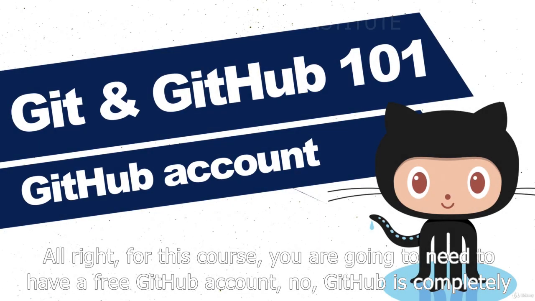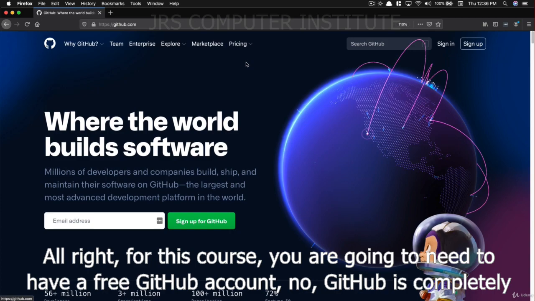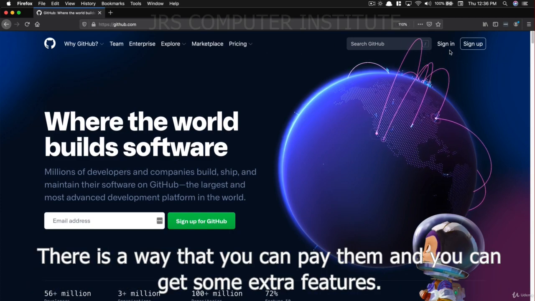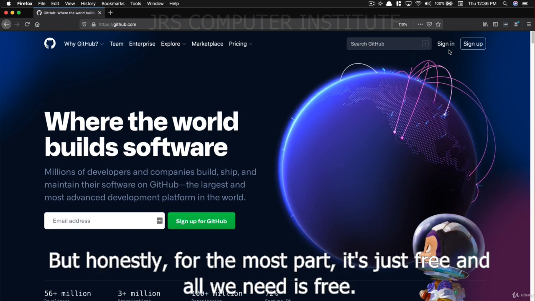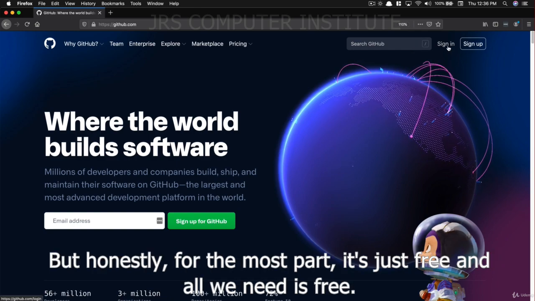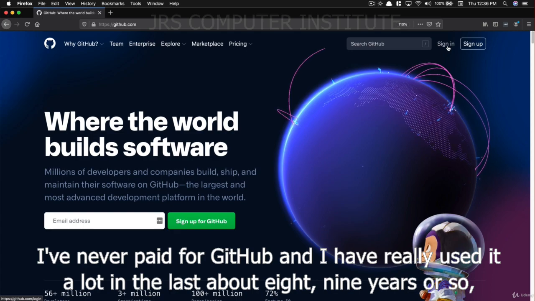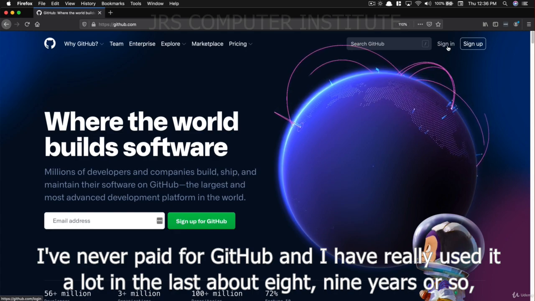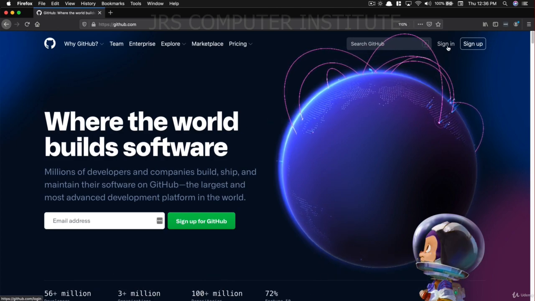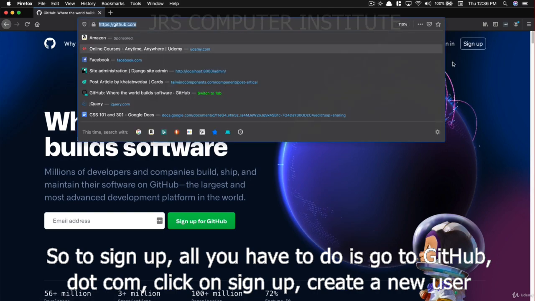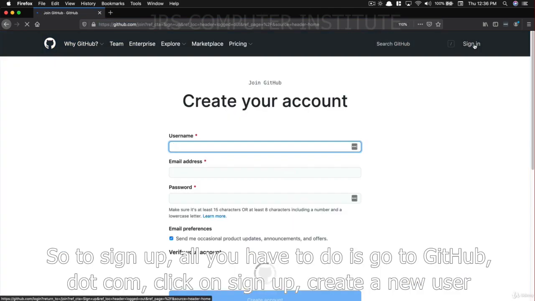All right, for this course, you are going to need to have a free GitHub account. GitHub is completely free. There is a way that you can pay them and get some extra features, but honestly, for the most part, all we need is free. I've never paid for GitHub and I've used it a lot in the last 8-9 years or so. To sign up, all you have to do is go to github.com, click on sign up,